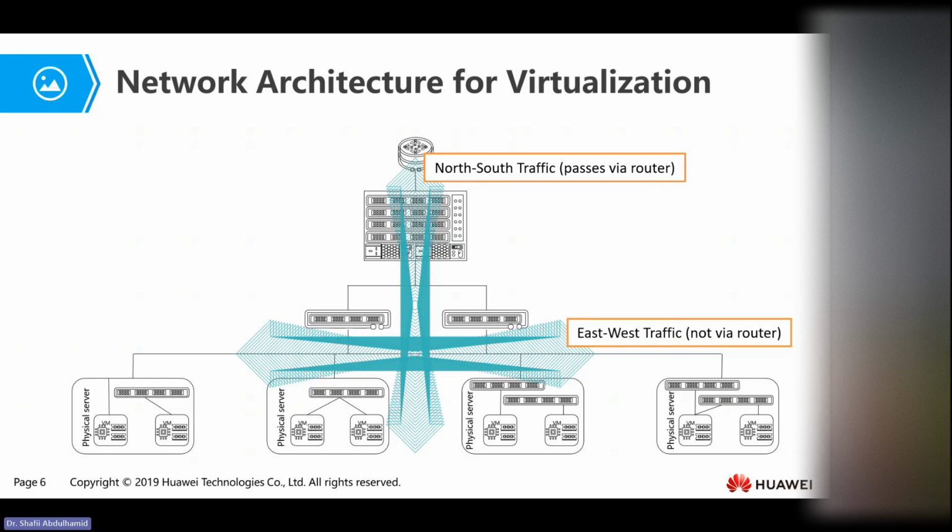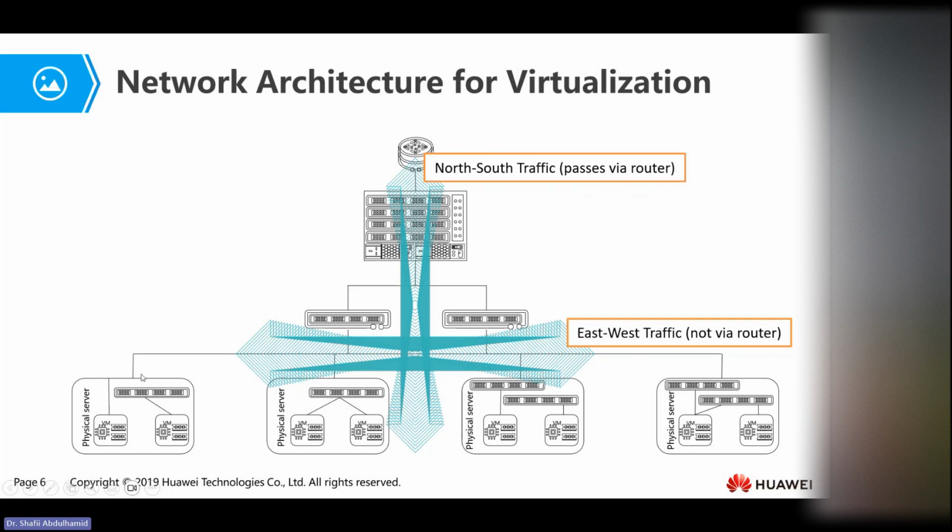Basically, this is a switch that connects devices within a subnet, with a layer 3 switch that connects the other devices to the outside network. So this is what we have here. To explain this, we also have physical servers. This is a physical server. This is another physical server. This is another physical server, and this is another physical server.